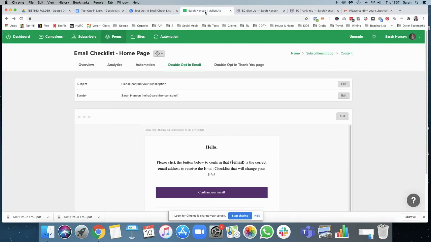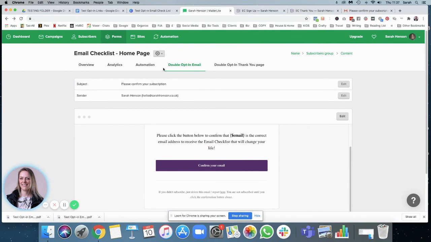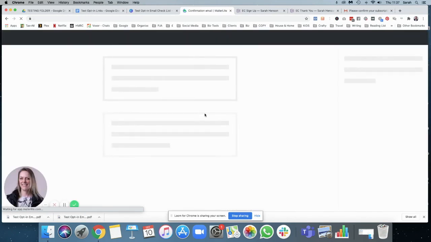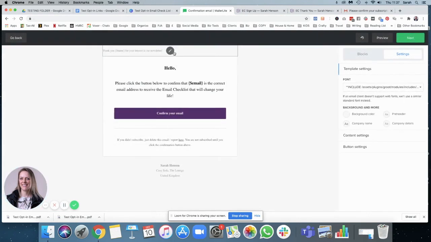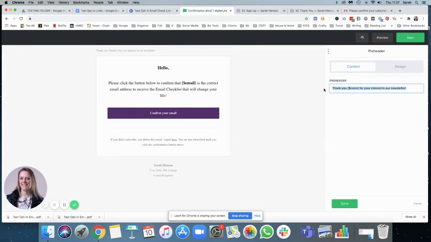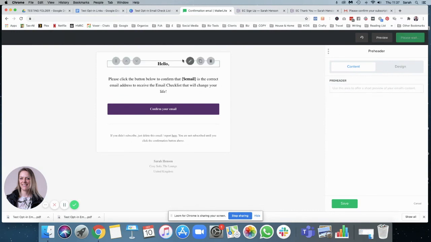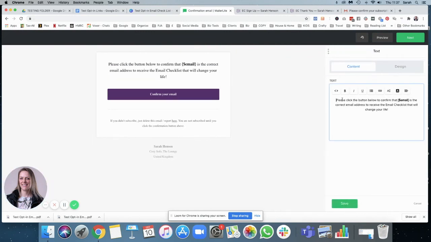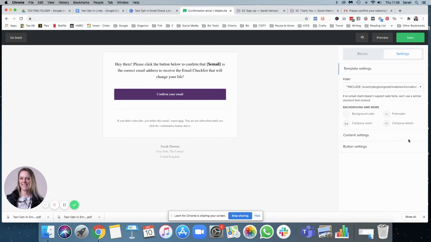So what we would do back in Mailerlite, we would just go into the form again, into the double opt-in email, press edit. I don't want that. Thank you for your interest in our newsletter. It's a bit of a pointless pre-header. I'm going to get rid of that. I don't like that. I'm going to just put hey there. Anyway,